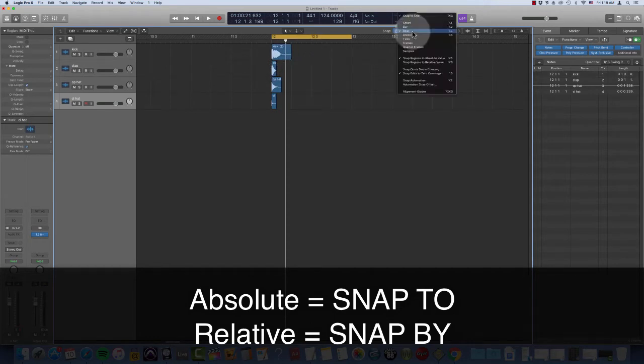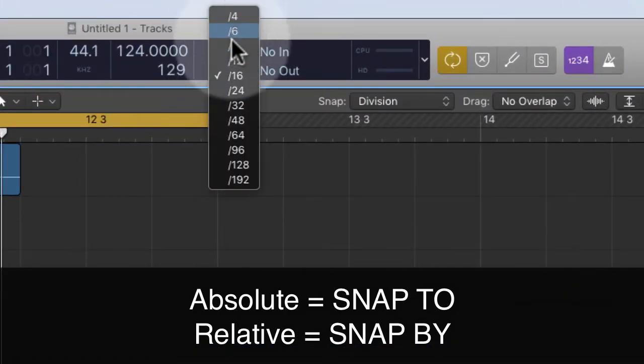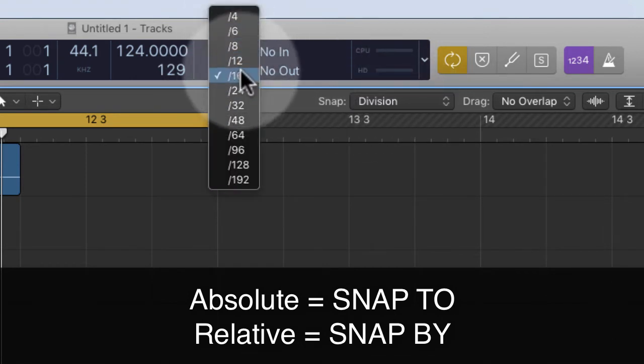Okay, and let's go over division, why not? Division is determined by this number right here. This is how you pick what this division is. So for example, if I choose 16 right here, this is 1 bar divided by 16. That's what the denominator stands for, the number of subdivisions you're going to create within a bar. So we're creating 16 subdivisions here if we select that. In other words, this is going to be 16th notes. Or if we choose 12, that'll be your triplet 8th notes, or if you select 8, that'll be your